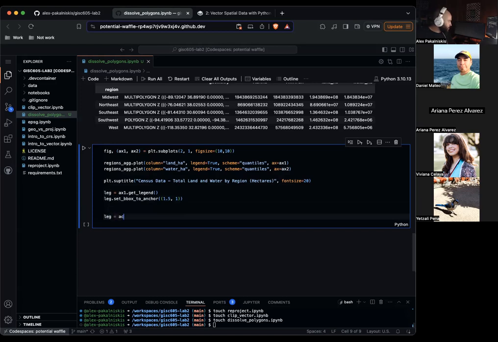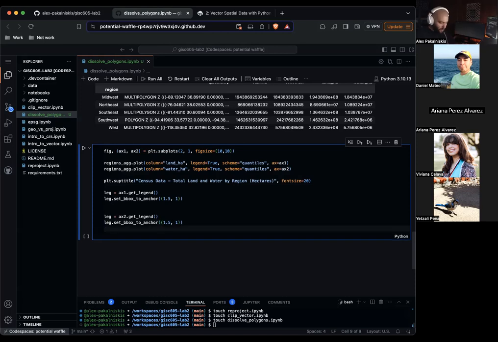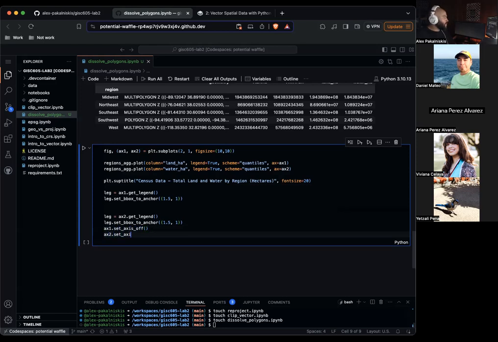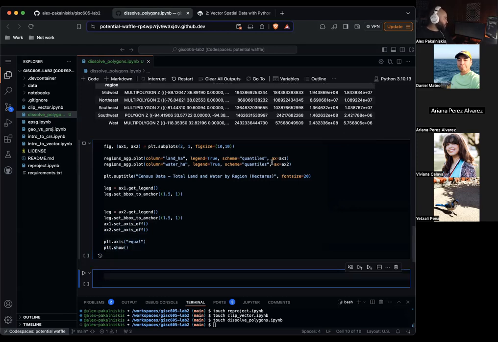Leg equals ax2.get_legend. Leg.set_bbox_to_anchor 1.5, 1. ax1.set_axis_off, ax2.set_axis_off, plt.axis equal, plt.show.